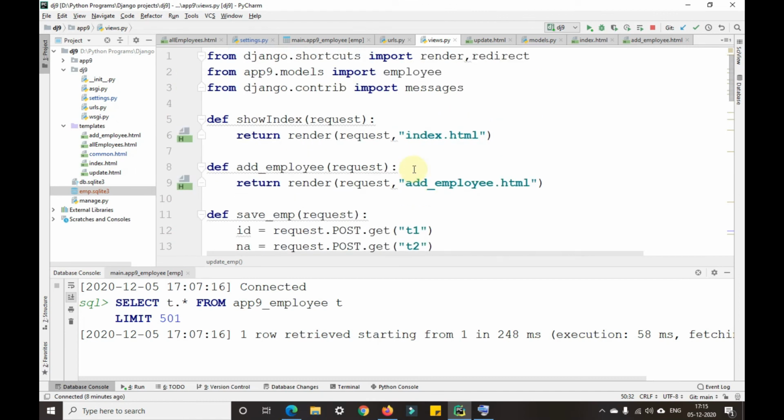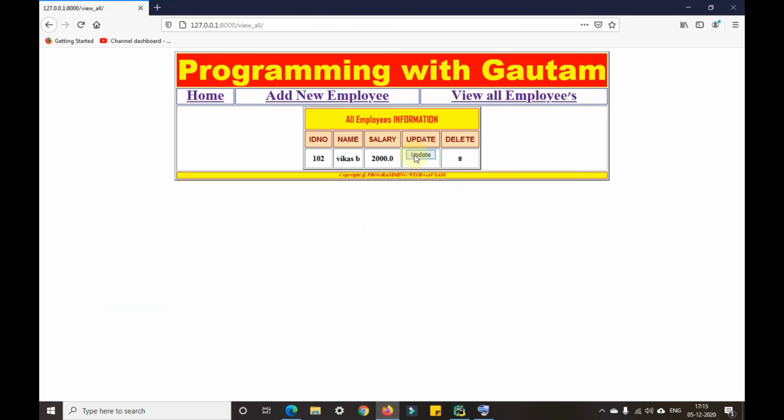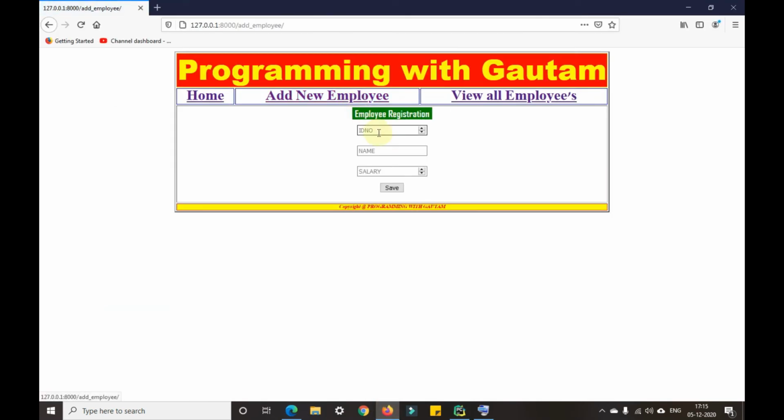This is just a small project that I have done, and since time was being wasted in the coding and all, I've just coded the project and shown it to you by changing the data, making migrations and migrating the data here. Similarly, I'll add the username with ID number 101 back here, Gautam, and I'll give the salary as 10,000 and save here.